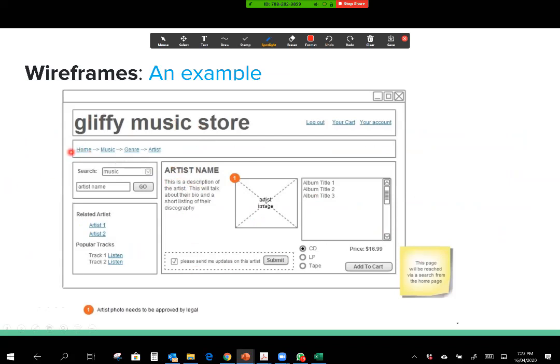You can actually see proper detail of the breadcrumb being here. So before you might have just said breadcrumb, here you've seen an example. You could tell which ones are hyperlinks, etc. You could see the information here. It's not putting actual data, but you're seeing things like artist 1, artist 2, or track 1, track 2. Your search feature over here. So it gives you a proper layout, or adding to a cart, those sorts of things. So this is an example of a wireframe, right?